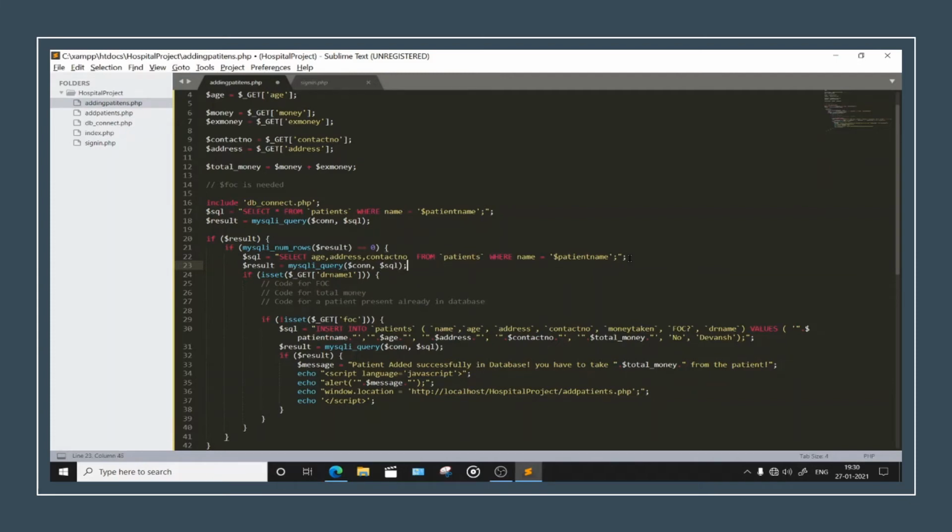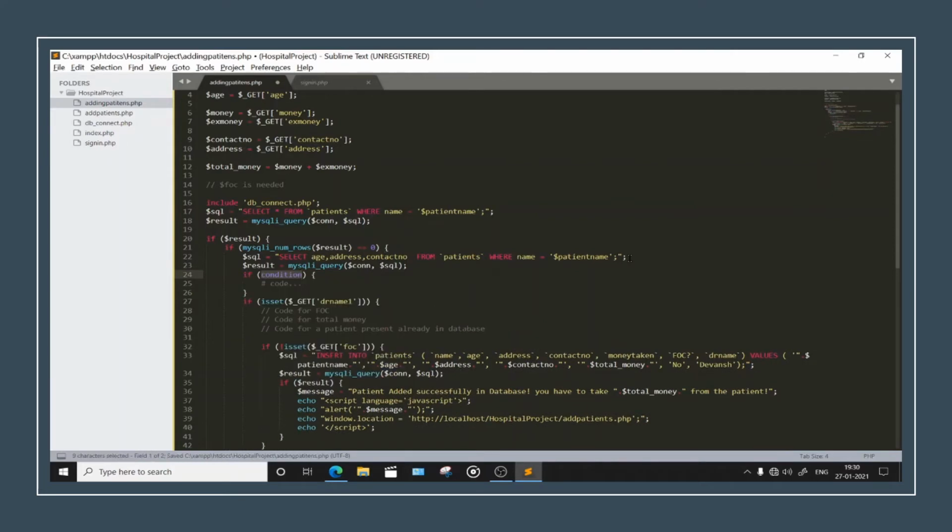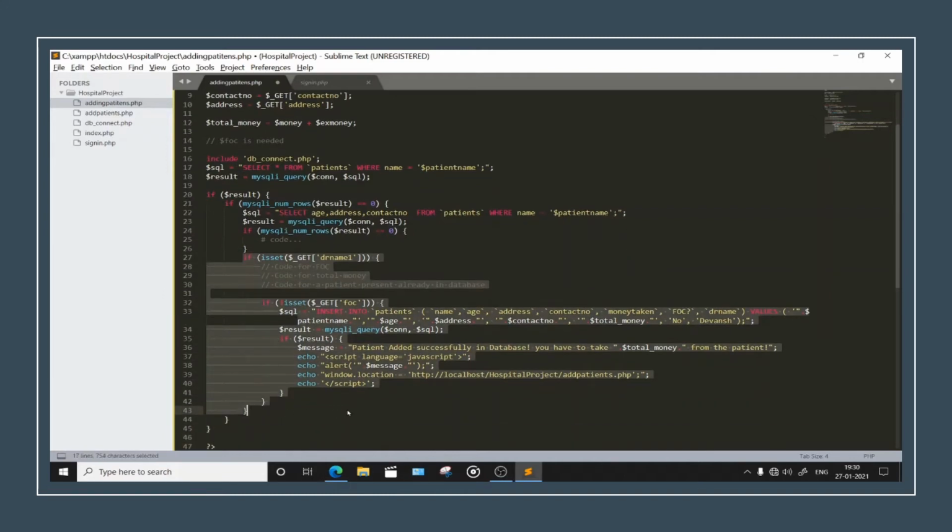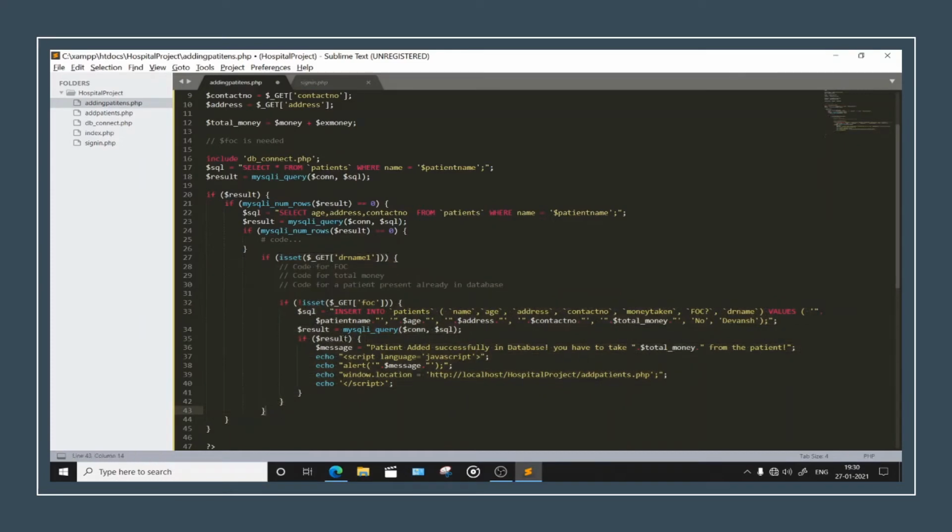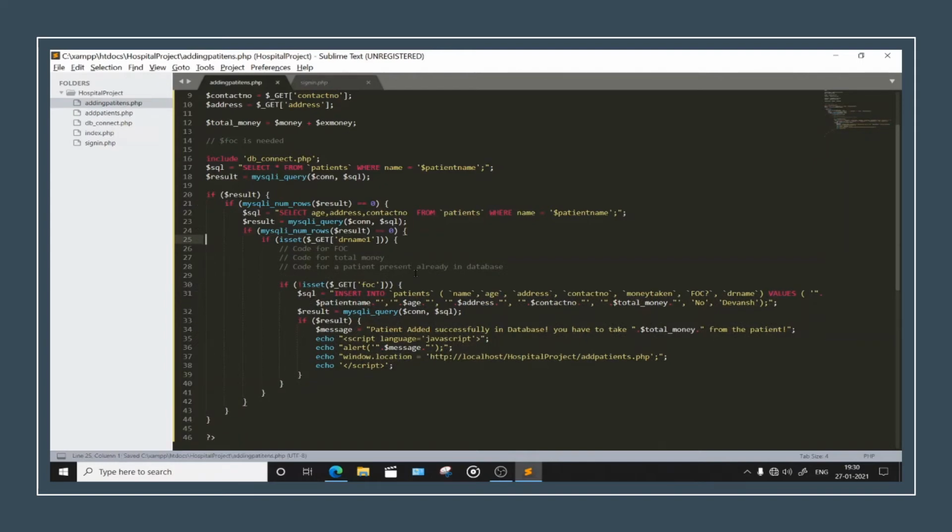I don't know what happened. Save this. If mysqli_num_rows of $result be equal to 0, and then you go ahead and do like this. Well, let's just see if we have the correct bracket now, because these brackets harass us a lot. If you have not kept the bracket at the correct place, then it will throw up an error again and again. Okay, so for now we have done this thing perfectly fine.